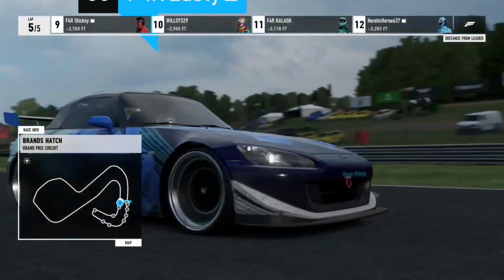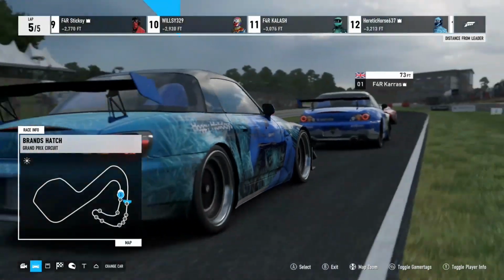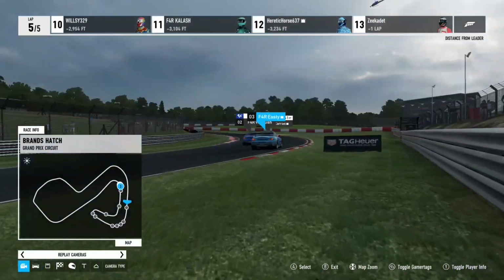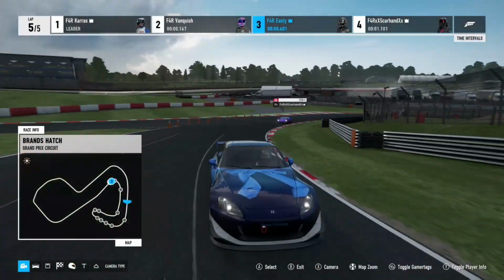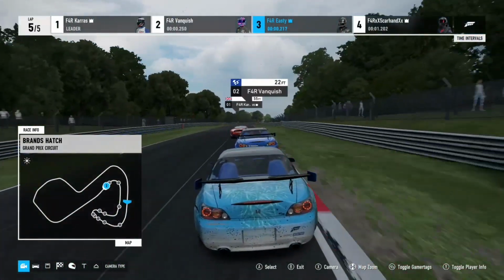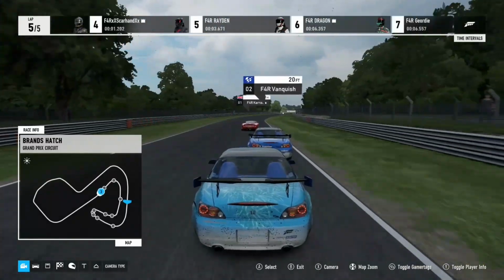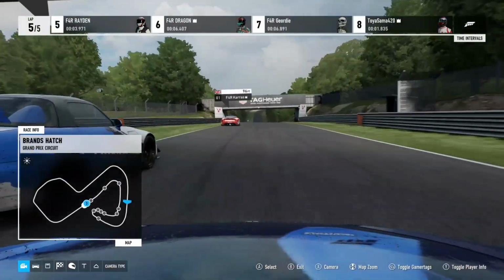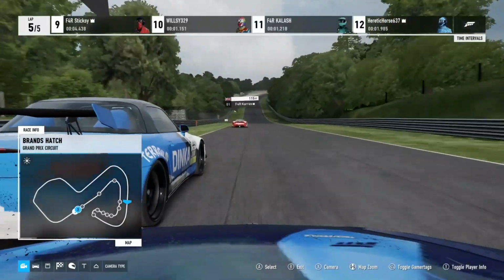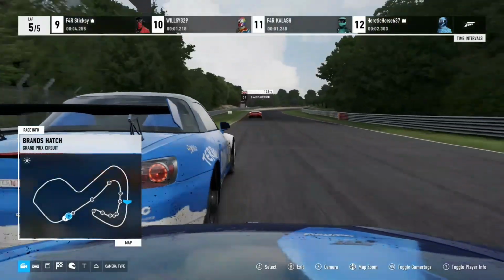We are going to go on board with Easty here. And I'm requesting to our producing booth to go to the onboard camera, so they're going to try to get us an onboard shot. Oh, there it is, folks. As he's looking to the inside,